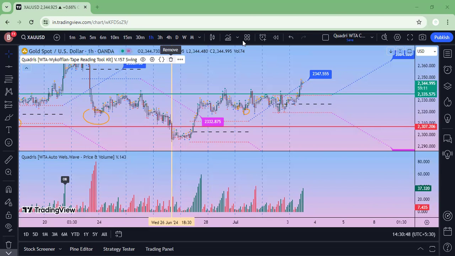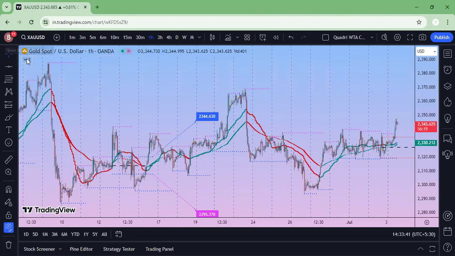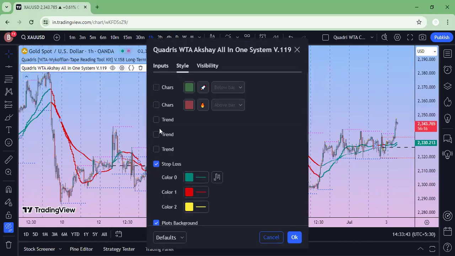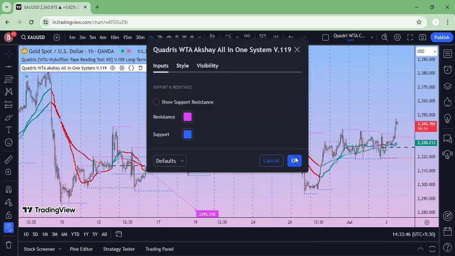Just to please the eyes, I have. How much accuracy is there in the swing one hour chart? You can see for yourself. If you want, you can backtest it like this is a live market. That is the reason I have taken this session for you. Just tell me which part you want.